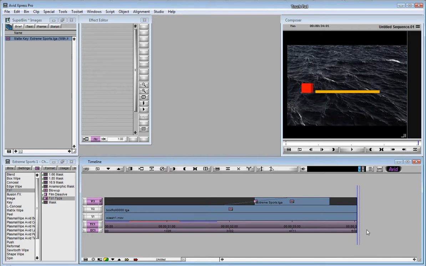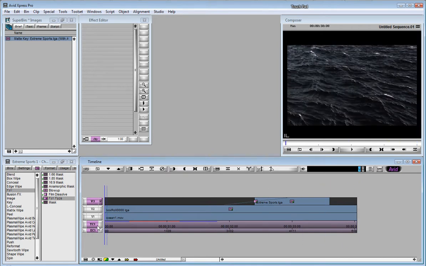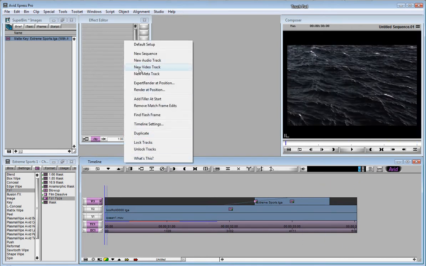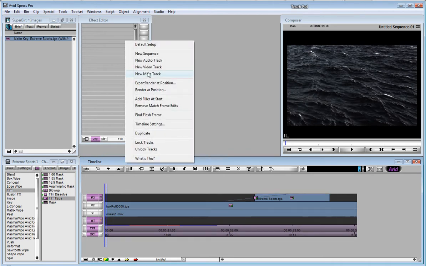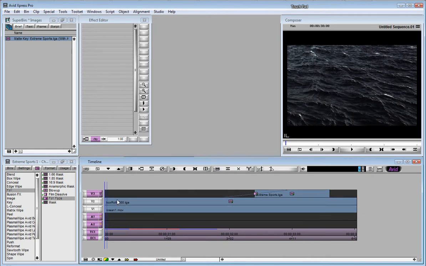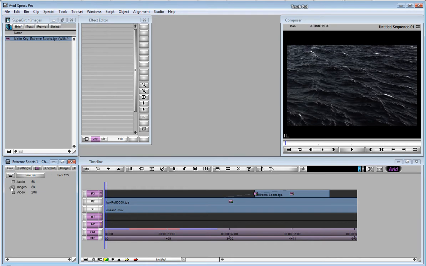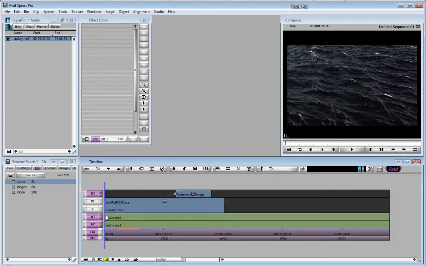The last thing that I want to do is add my audio file. So I'm going to right click and choose new audio track. Alright, and that's my audio track. Now it happens that my audio track is stereo, therefore I need to insert another audio track so that we have two. Now I'm going to go to bins and audio, and that's my audio track, which I'm going to drag down and release over here, and you see how it fits inside both audio channels because it's a stereo